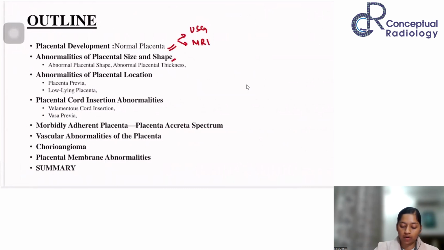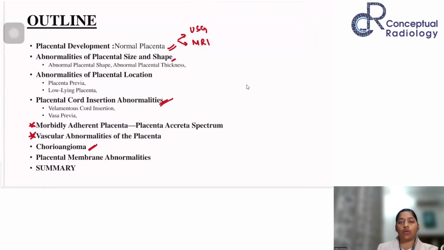Following that, the abnormalities of placental location. This is very important. Then we'll discuss the umbilical cord insertion on the placenta, the site of insertion and its related abnormalities, followed by the morbidly adherent placenta, which has been discussed earlier, but it's a very important topic and we'll briefly revise that. Then the vascular abnormalities of placenta,